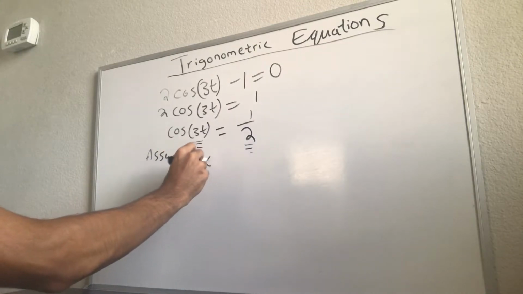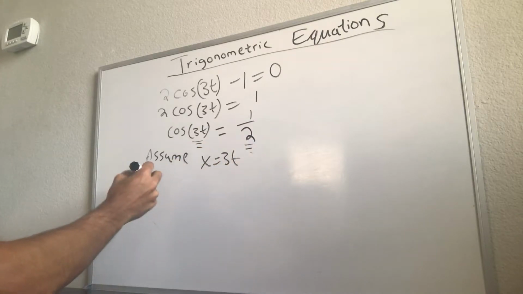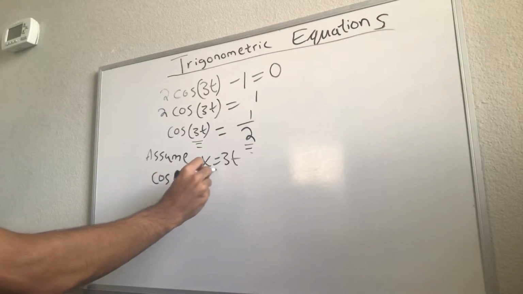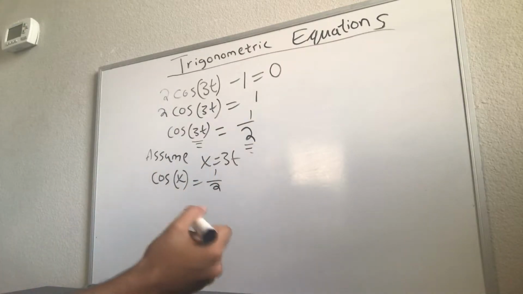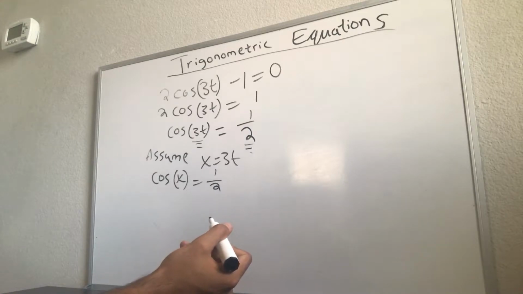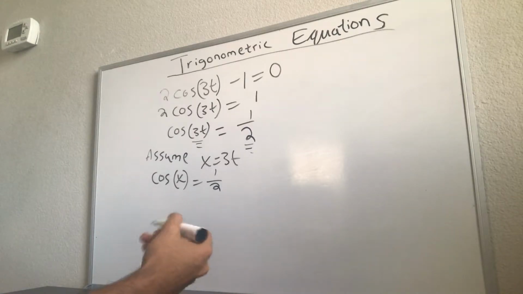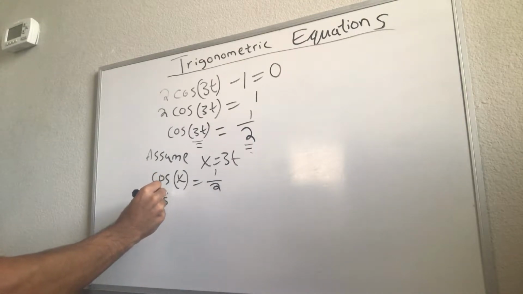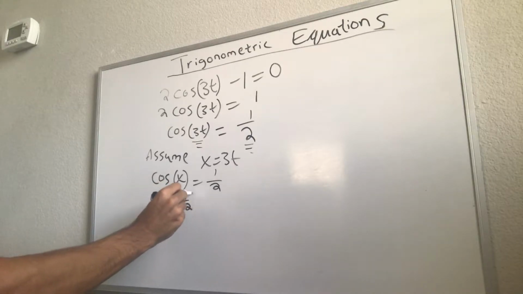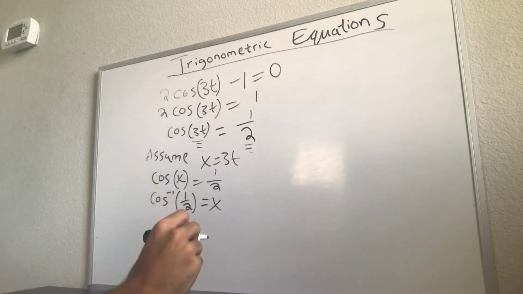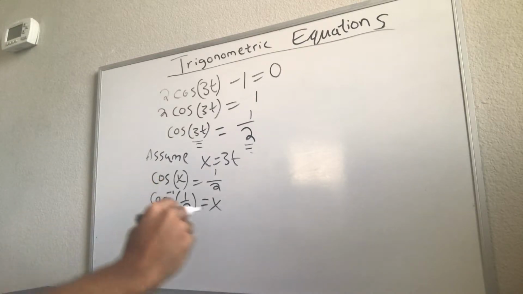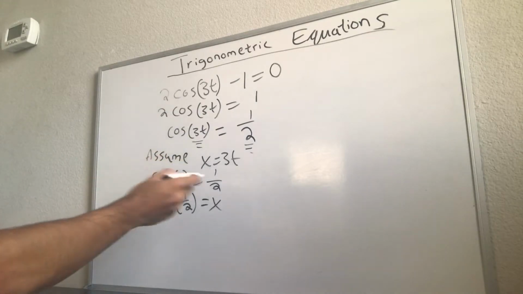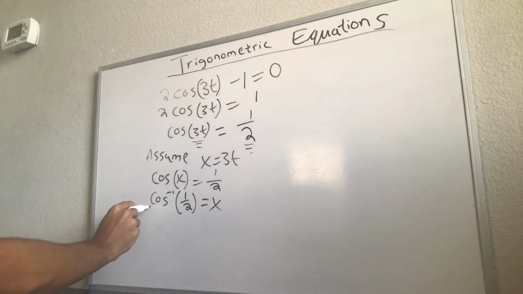So say assume x is equal to 3t, and now the problem becomes easier because you're really seeing cosine of x is equal to 1/2. So now you have this, right? And now when you solve for it, you're really taking the inverse, I guess you could say. So when you write this, you're seeing cosine negative 1 of 1/2 is equal to x, and this is not to be confused with the reciprocal. Obviously when it's in the exponent form, people think that this is 1 over cosine of x, but this is not symbolizing